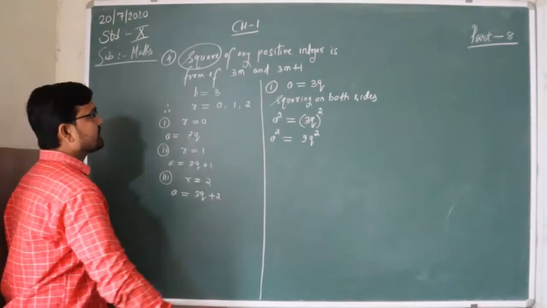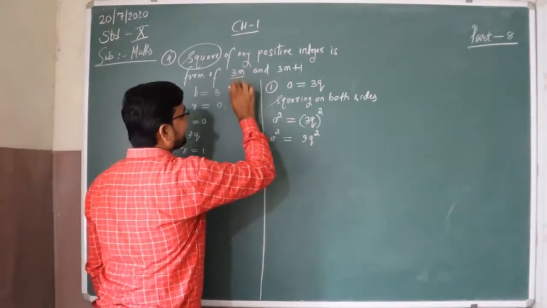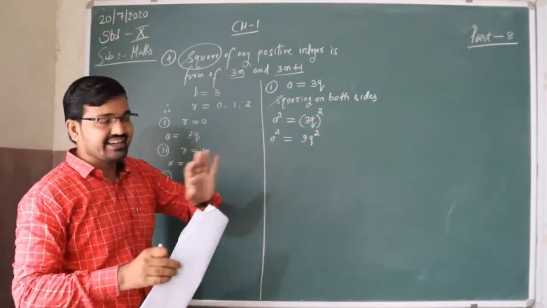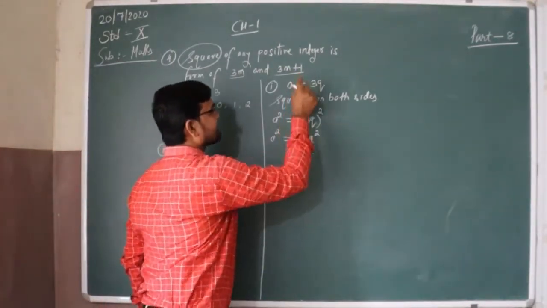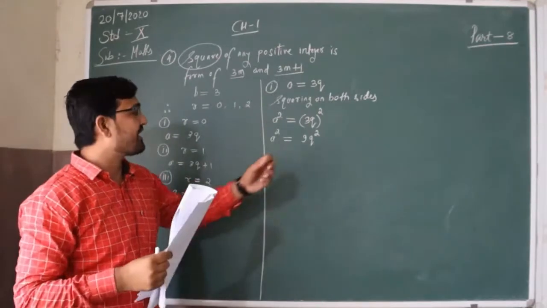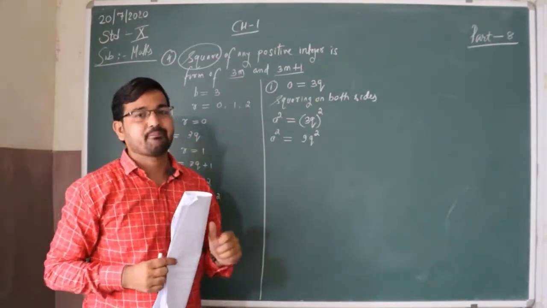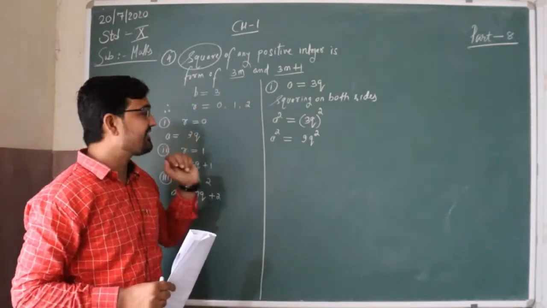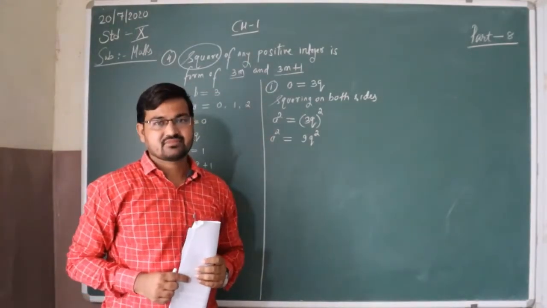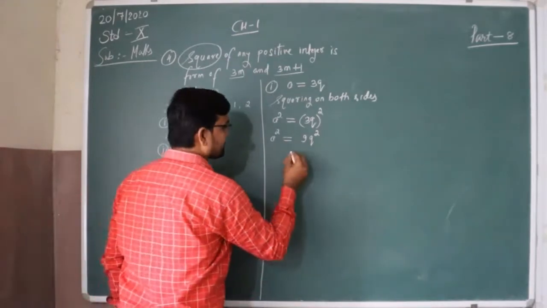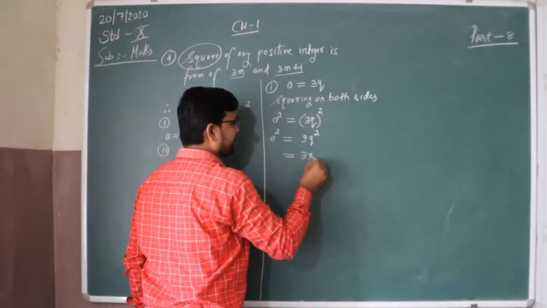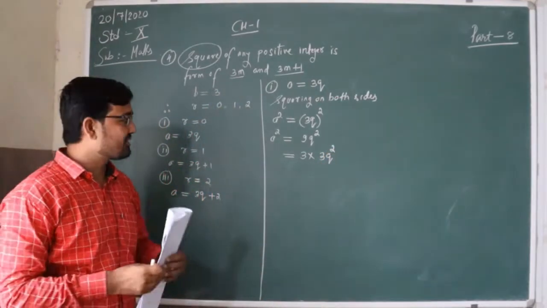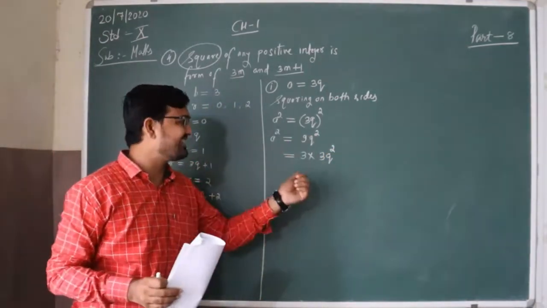After this you need to look at 3m and 3m plus 1. By looking at this we can easily see that plus 1 is not there. That means we can convert this in 3m form. So how will we convert? Divide this 9 by 3. 3 threes are 9. So split like this, 3 into 3q square. So 9q square can also be written as 3 into 3q square.